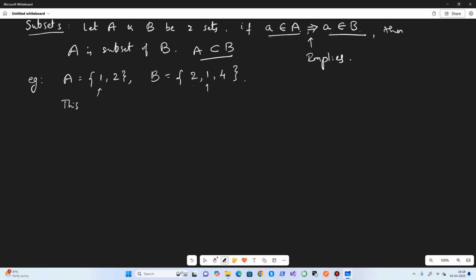This means each element of A is also in B. Therefore A is a subset of B.